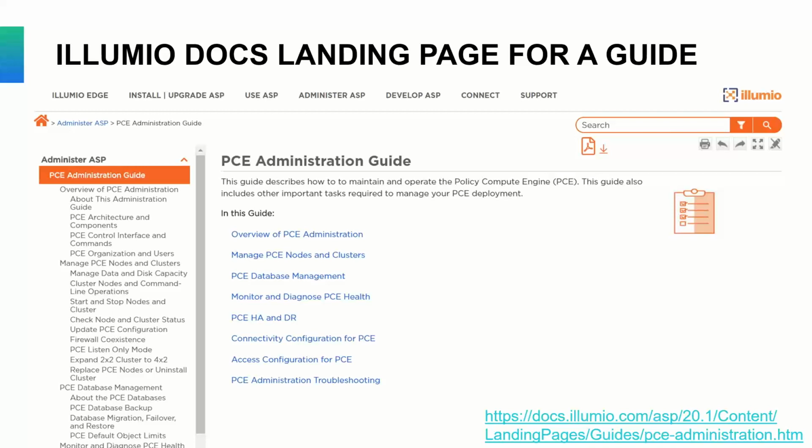It's pulled into that project using project linking. They do have individual Flare projects for each of the guides, but they're all pulled into one project. And then there's a landing page for each guide in the project. So you can see we're in the Administrator ASP section. We're looking at the PCE administration guide. And here we see the heading for the landing page, a little bit of information about the guide,